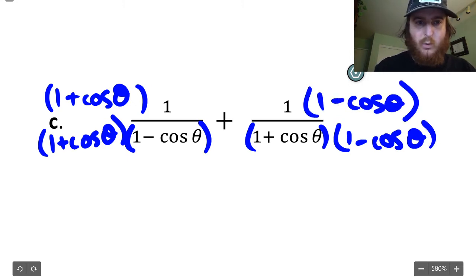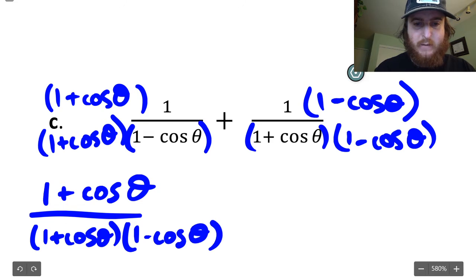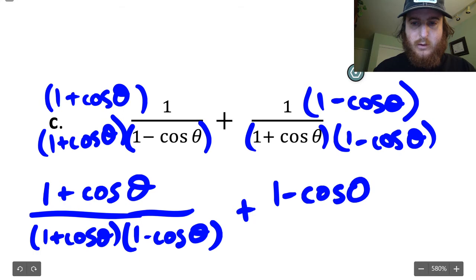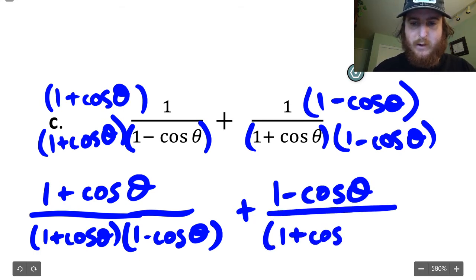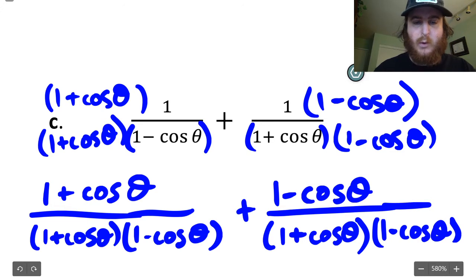So now we end up with our first term is 1 plus cosine theta divided by 1 plus cosine theta times 1 minus cosine theta. Yes, you can FOIL this, but don't. And I'm going to talk about that in a second. The reason we're not going to FOIL it is whenever we're simplifying rational expressions, rational meaning fractions, right? P over Q. Whenever we're simplifying these fractions, a big hint, maybe your math 3 teacher told you this, maybe not,